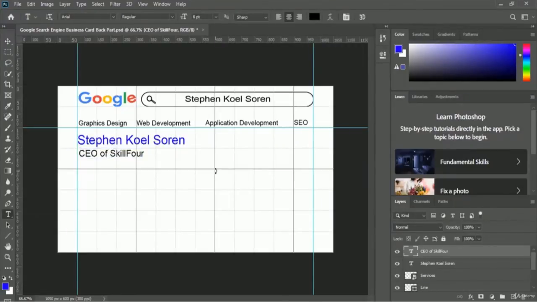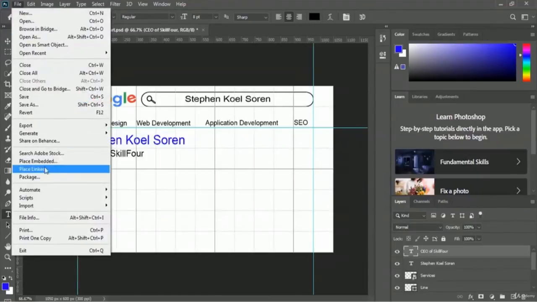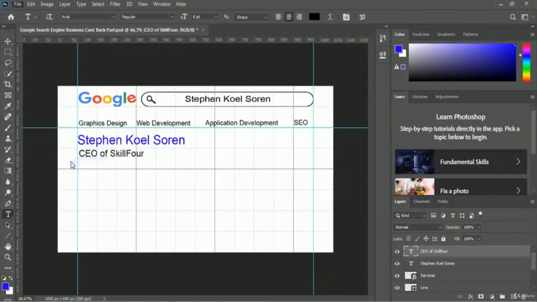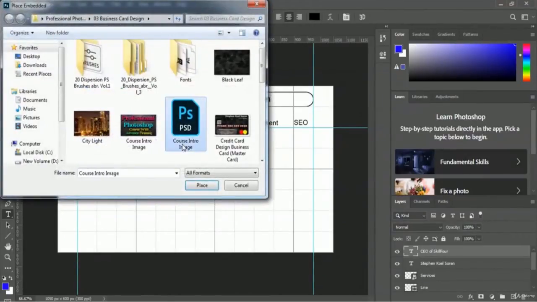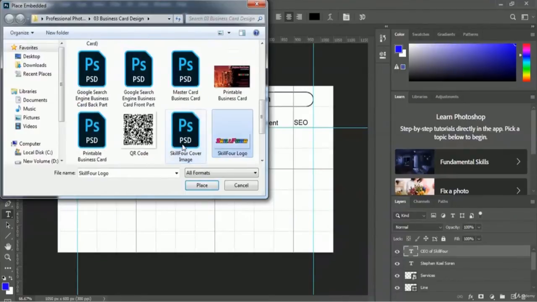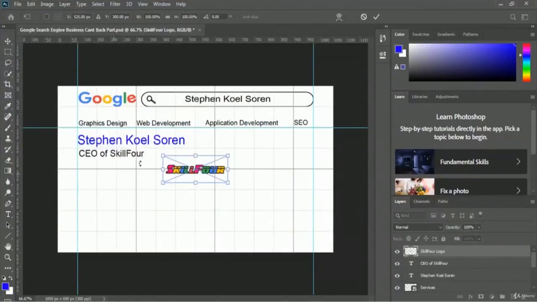Okay, looks good. And right now we will add a logo in here. To add a logo, we just have to use this file menu, and from there we will use this place embedded option, and we have a skill 4 logo in our exercise file. So here is the skill 4 logo. You just have to select it, and you just have to click place option. You can take a look, and we will scale this logo properly